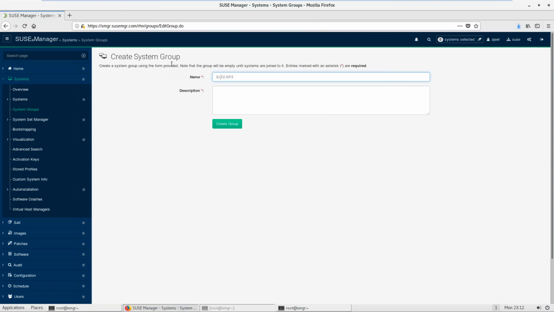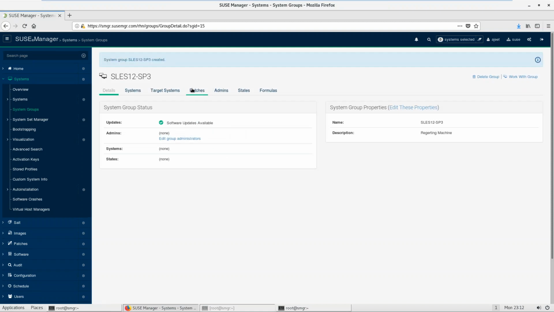So SLES 12 and registering machine. Create group. So the group is created, and you can see in my organization, the Ajit organization, I mean SUSE organization,